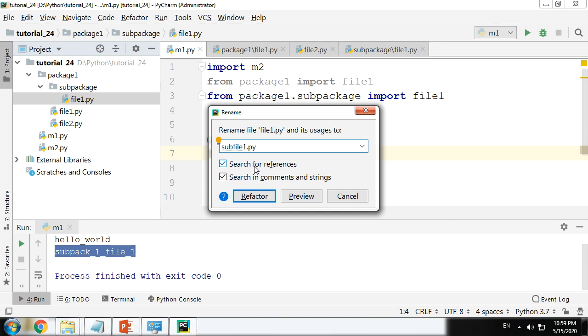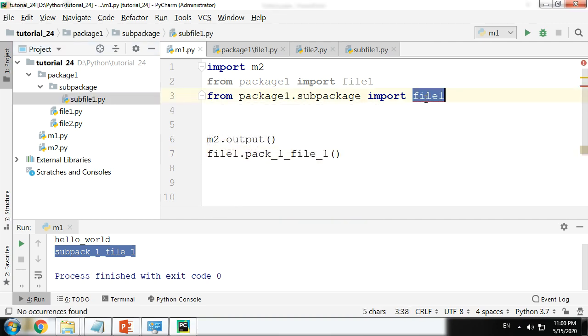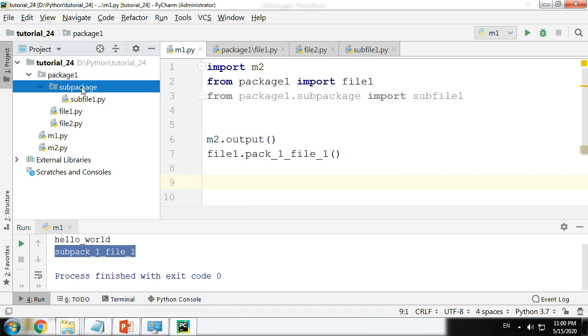So if you're using proper coding standards, then you check mark it, else you leave it. So here we go, sub file 1. In this way we can import things from packages as well as from sub packages.